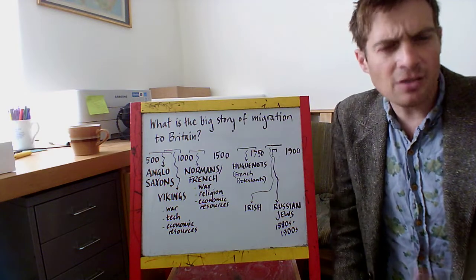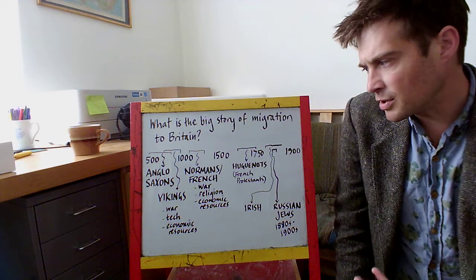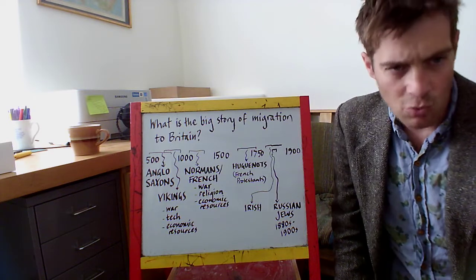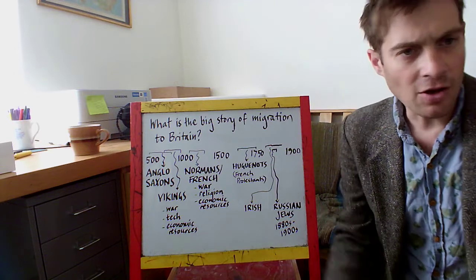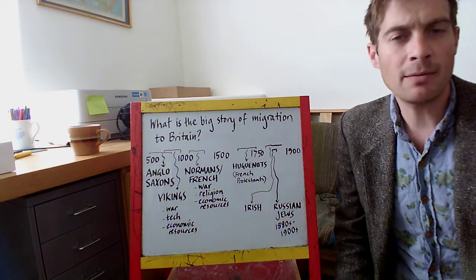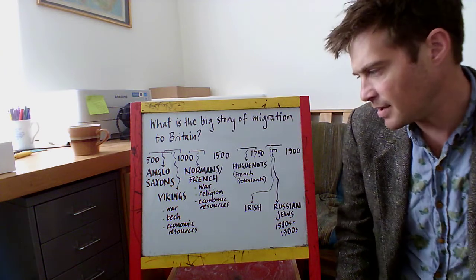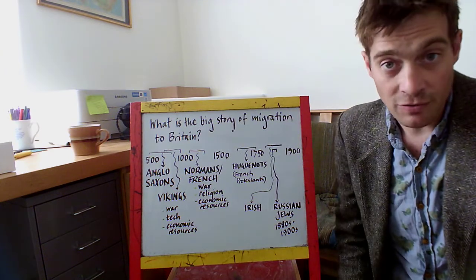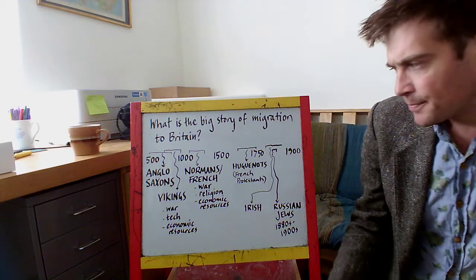And if we think back to the big factors that we've spent so much time looking at, what was it that caused the Vikings to come over? Yeah, there was war and violence and those Viking raids in the early days. There was the technology of their longboats that enabled them to make that sea crossing from Scandinavia. And there were the economic resources, of course, that they were looking for in the monasteries and so on.